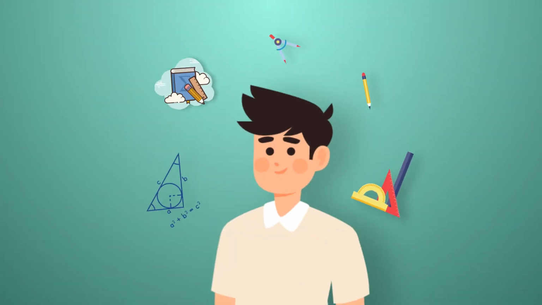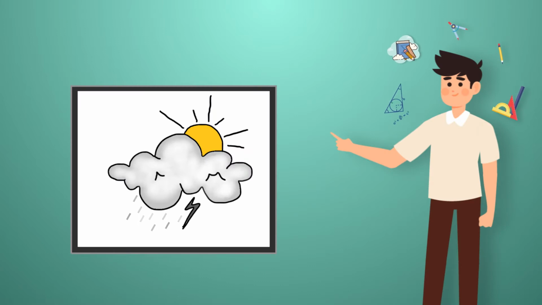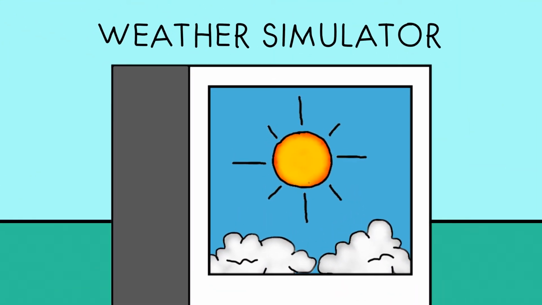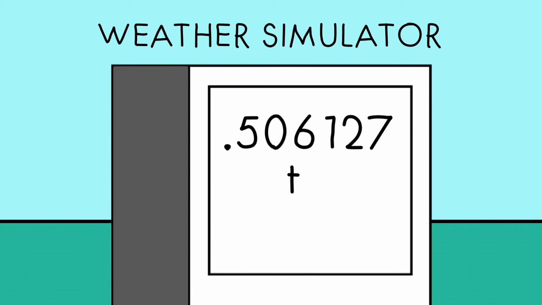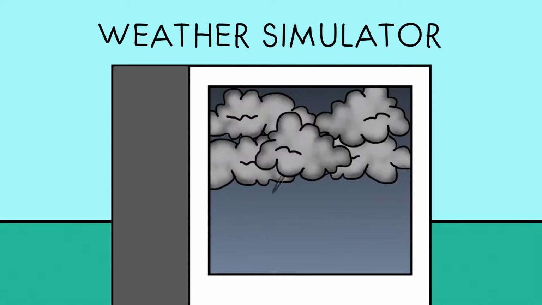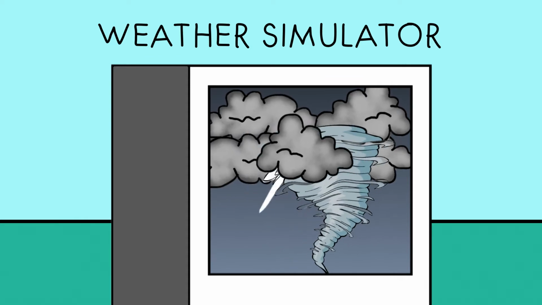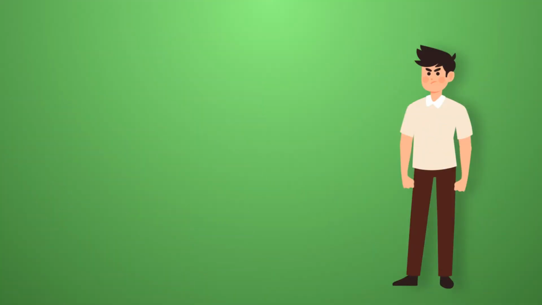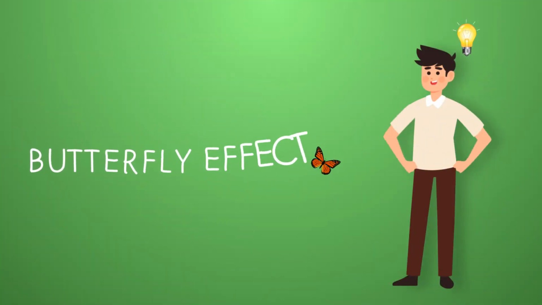Edward Lorenz, a mathematician and a meteorologist working at MIT, had built a weather simulator. During these weather simulations, a small rounding off error led to a completely different weather forecast. Lorenz realized that tiny changes in the initial conditions of his input resulted in a drastic change of the outcome. This rounding off error helped Lorenz discover the butterfly effect.